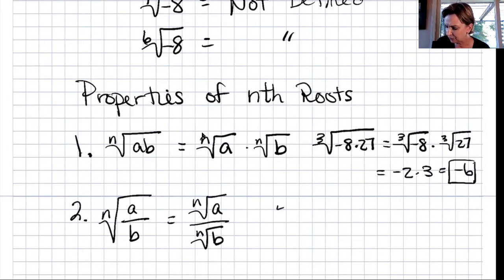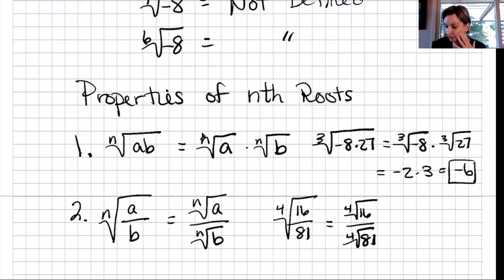So say I have the 4th root of 16/81. I don't know, what's this? What's the 4th root of 16/81? That's crazy. Who knows that, right? But you can separate that into 16 and 81,